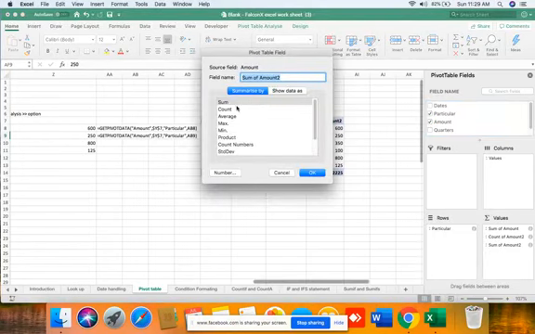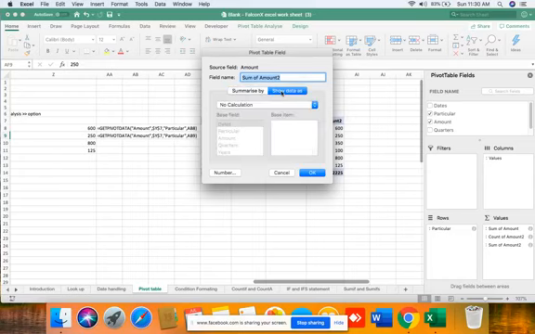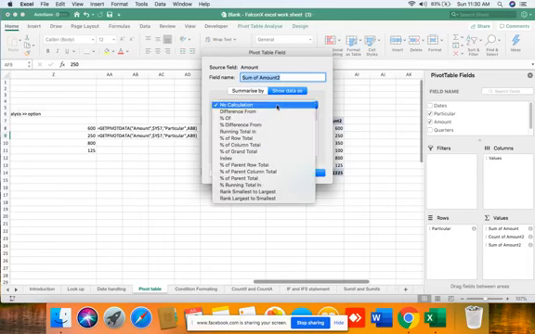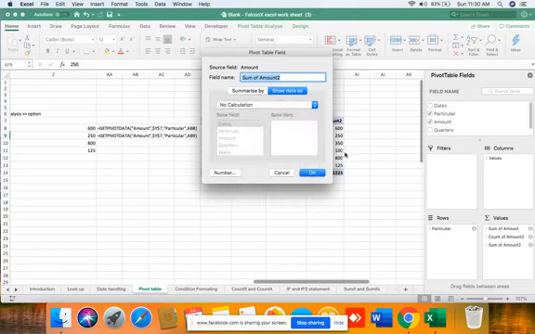Here, as per your requirement, you can see sum, count, average, max, minimum, product, count number. As per your requirement, you can select the column, or you can see difference of column total, row total, grand total, rank wise, smallest to highest, highest to smallest. As per your requirement, you can do it.